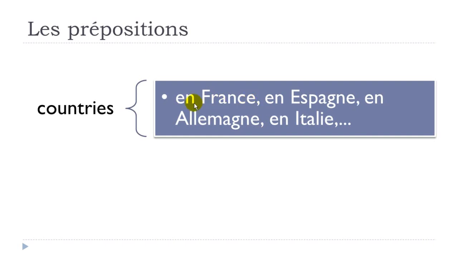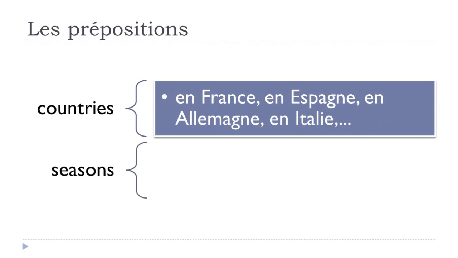If it's feminine, then you will have to use this preposition "en" if you want to express this concept, okay? En France, en Espagne, en Allemagne, en Italie. And now we'll read it with the liaison if needed. En France, en Espagne, en Allemagne, en Italie. Okay, so if you want to express this with countries, and only feminine countries, then you should use this "en"